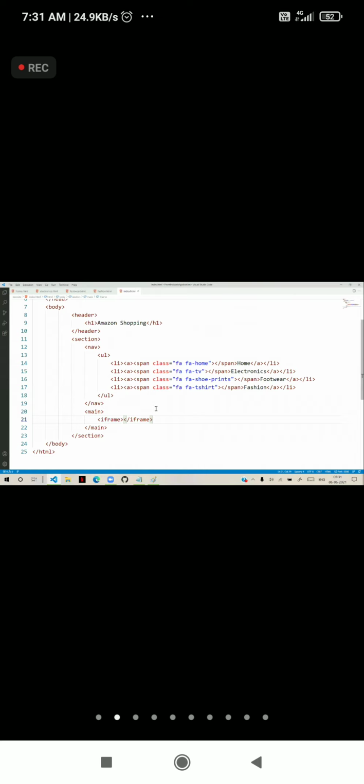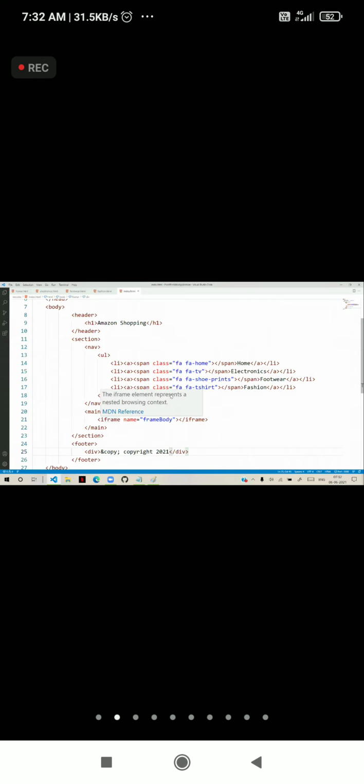One page can contain several iframes. In this iframe, I will give a name as a reference name, some frame body. You can see here that is the section, and then the footer area. In the footer, I will keep a div with ampersand copy and copyright 2021 like this.